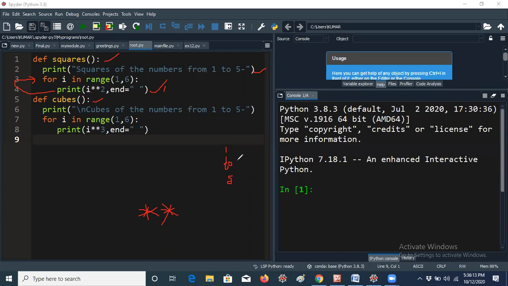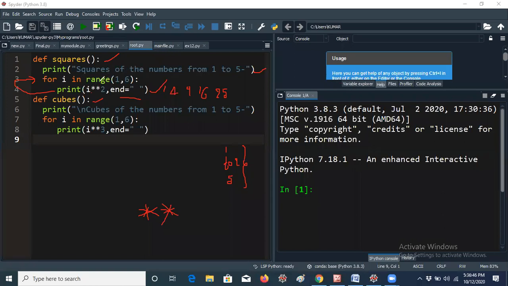Then it prints 2 to the power of 2, which is 4. After that I get 3 squared, that is 9. Then 4 squared, 16. Then 5 squared, 25. After that i will not be 6, since range(1,6) iterates only up to 5.